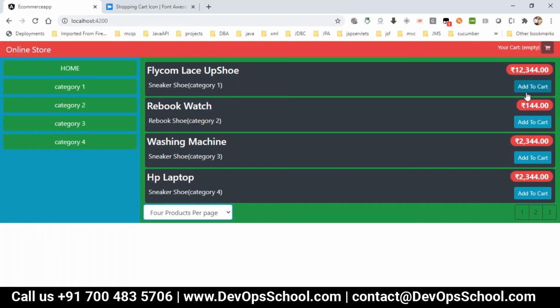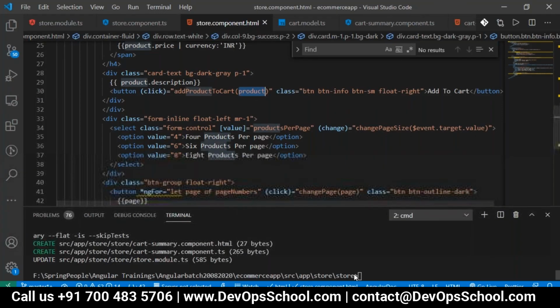So first we have to write the routing for our application. Whenever you want to write routing for your application, you require some more components. Inside store itself, I will take one more component, and I will just remove flat here. I don't want a CSS and a skip.